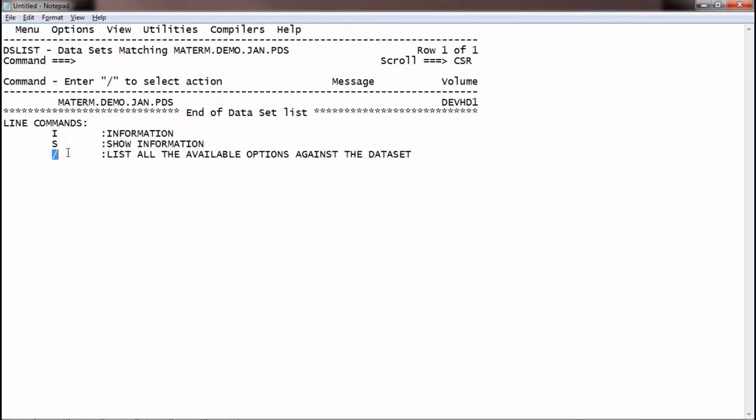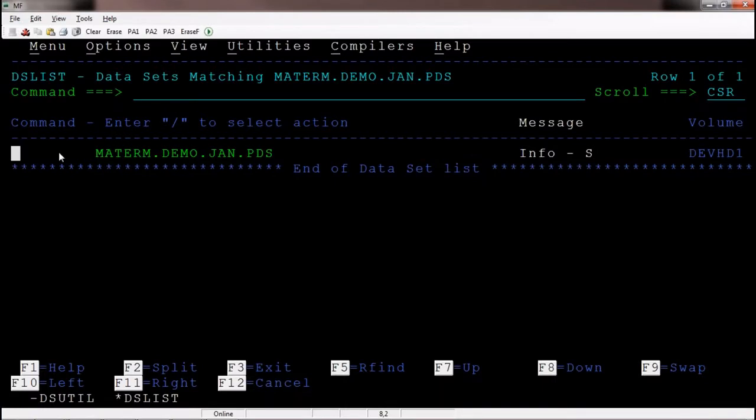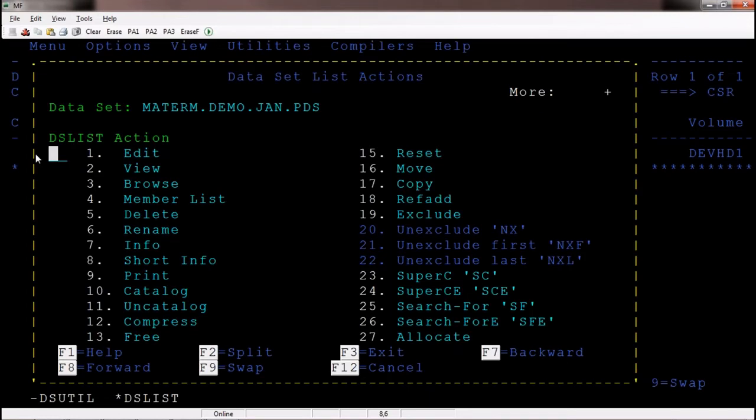Now we will try to execute slash. In case we do not remember what the commands are, we can write slash and hit the enter. Can you see? Enter slash to select action. Edit, view, browse, member list, delete, rename a data set, information, short information.